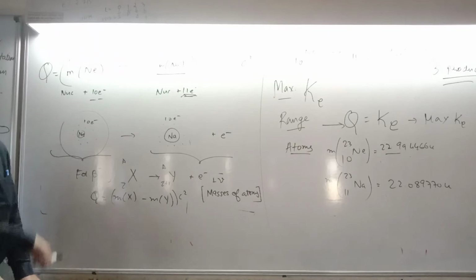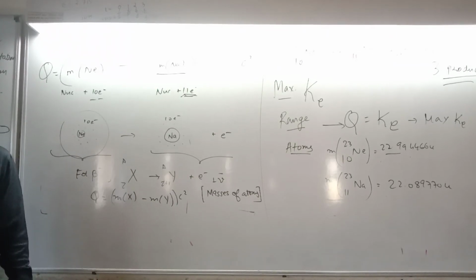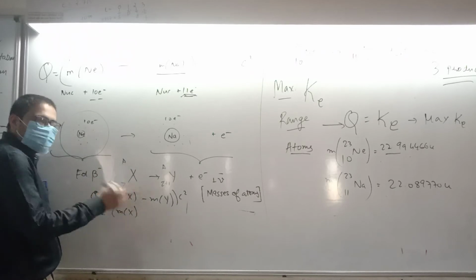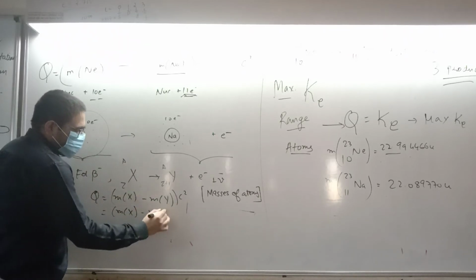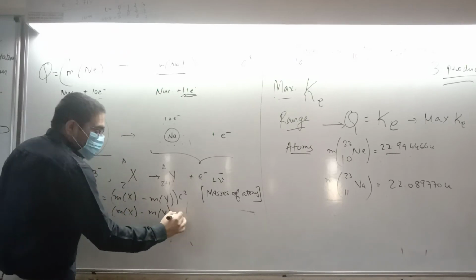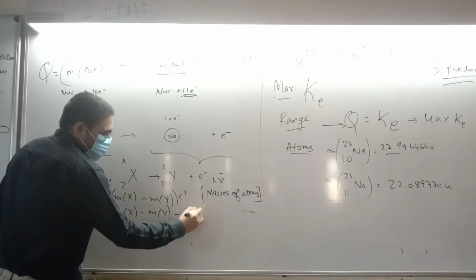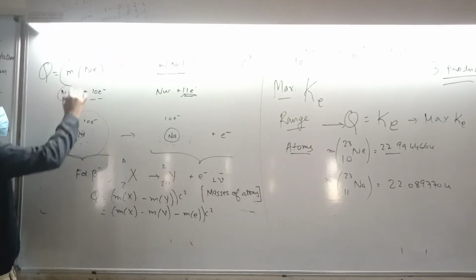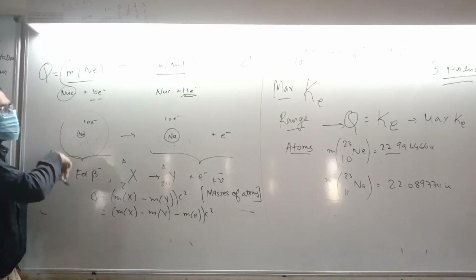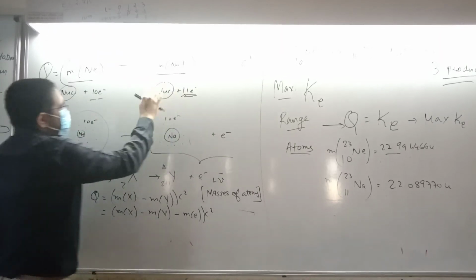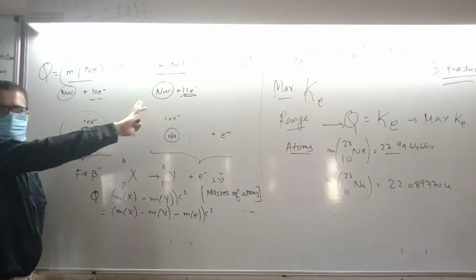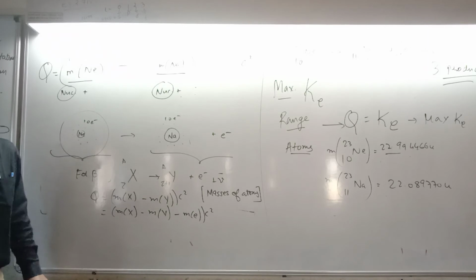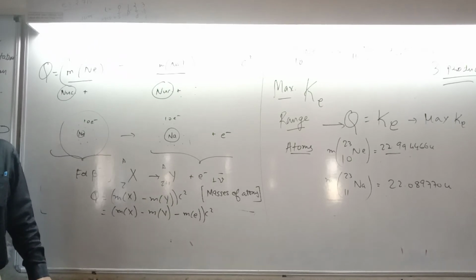Now if you have to write the same thing in the form of masses of nuclei, then you will have to write m of x, this is mass of nucleus x, minus mass of nucleus y, and then minus 1 electron. I hope you understand why that happens. Because when you consider only nuclei, suppose a mass of nucleus, the 10 electron mass has come, and the 11th is left. But in a nucleus there are no electrons. Do you agree with me? Only nucleus means what? No electron.